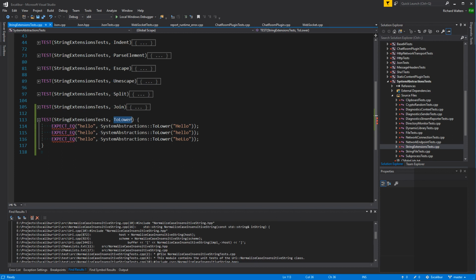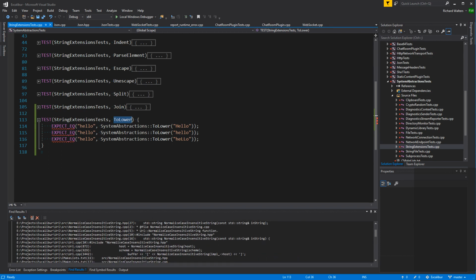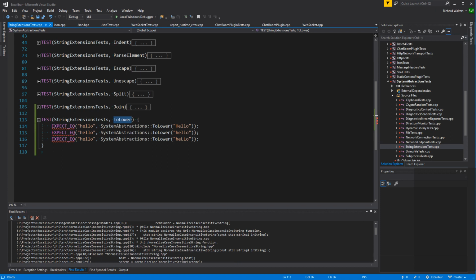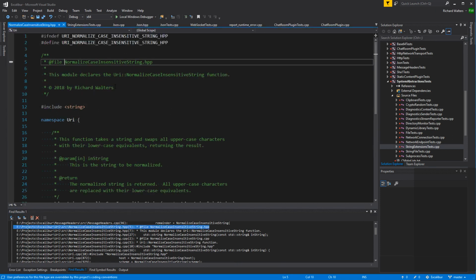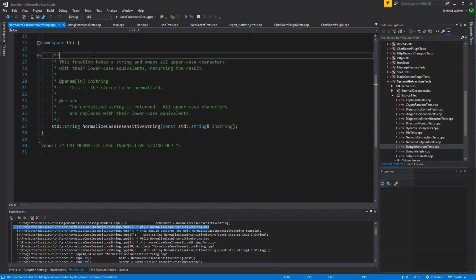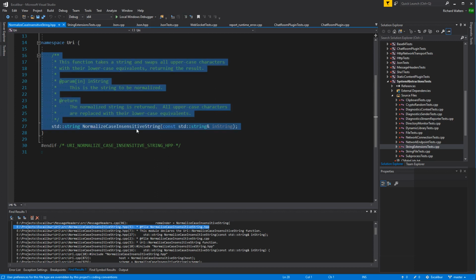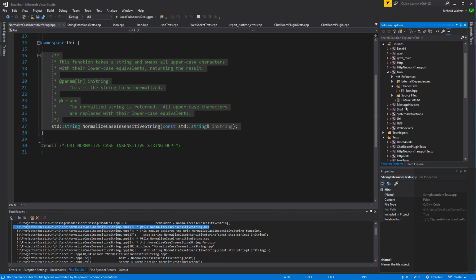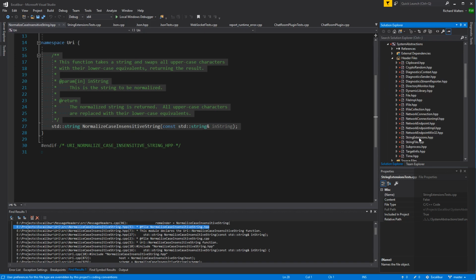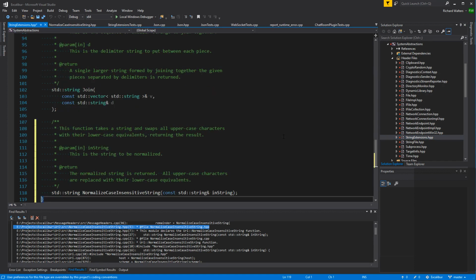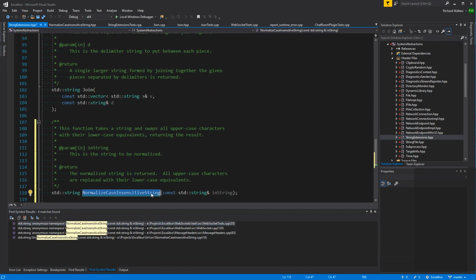I will just steal the body of this case insensitive string. We're going to make this function completely go away actually from URI, so it won't live there anymore. It'll live in system abstractions down here. And we're calling that to lower, aren't we?